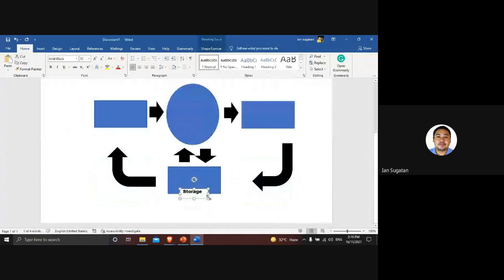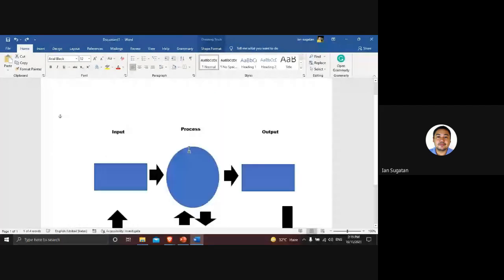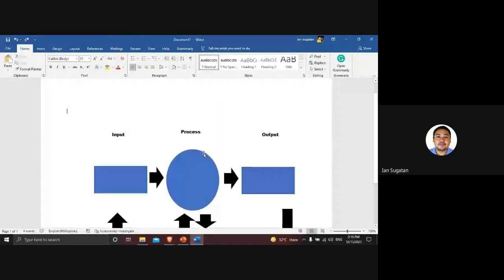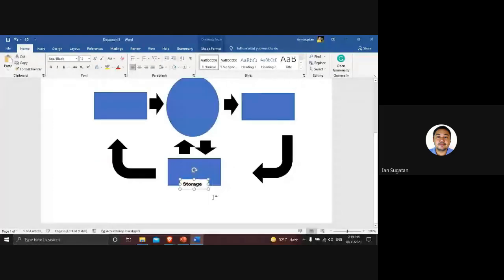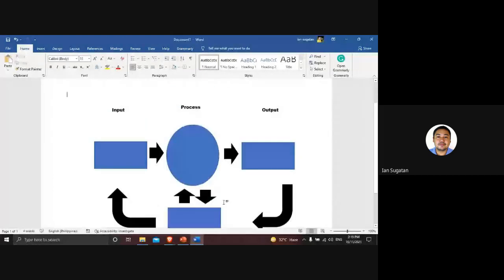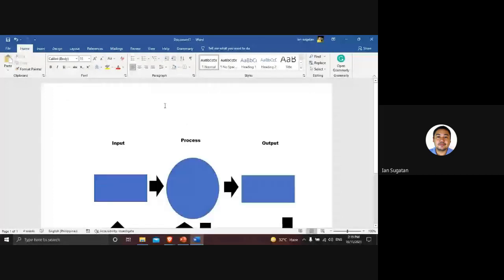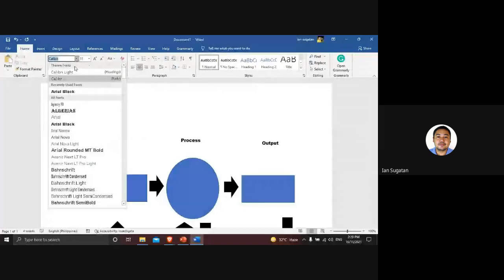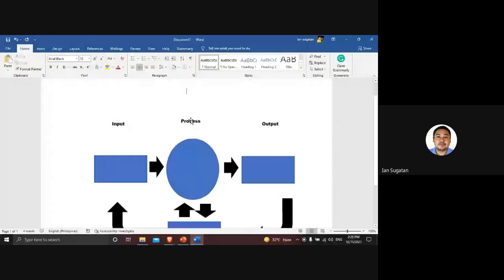So the problem is the storage label. Okay, so you can put it here above, using this font, Arial Black. So you can also change this to Arial Black 12, so that it matches. So this is Arial Black 12. So you can write here,